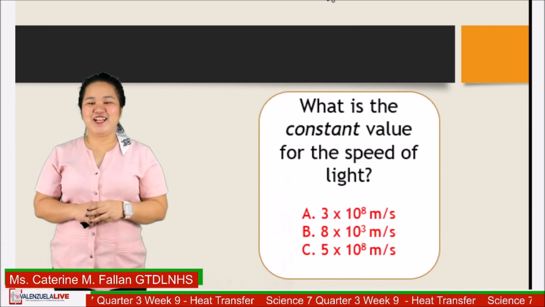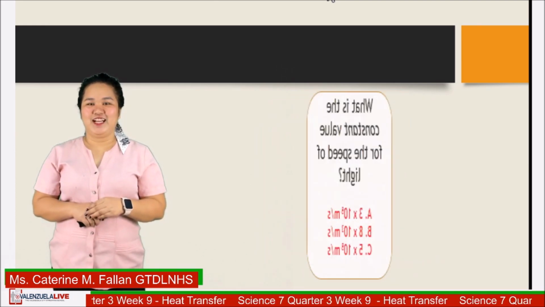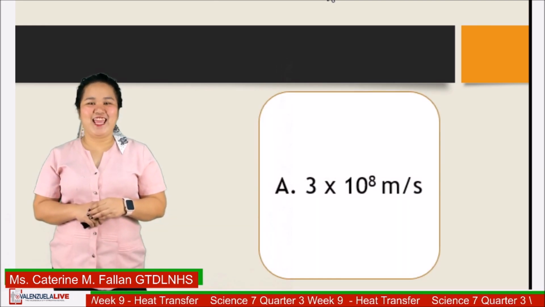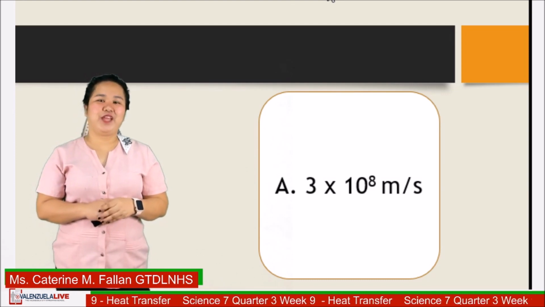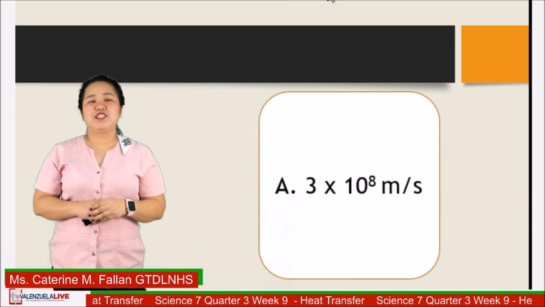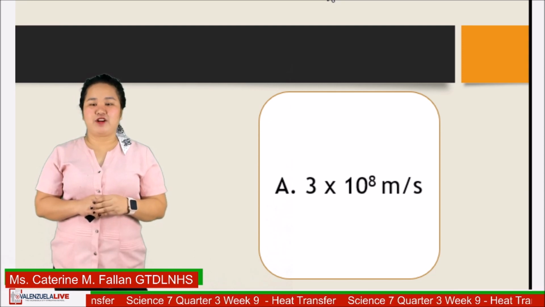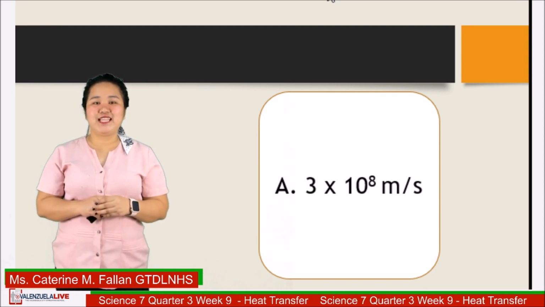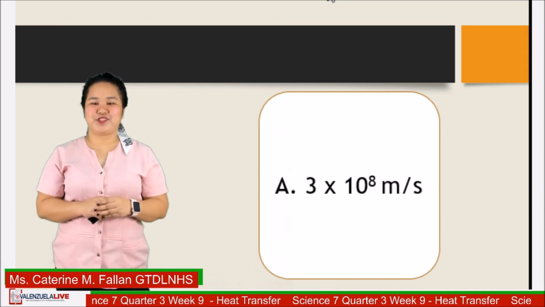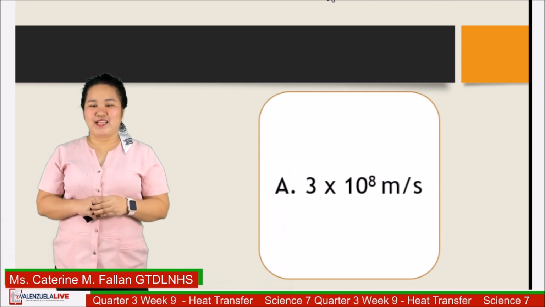And let us now reveal the answer. Letter A, 3 times 10 raised to 8 meters per second. The speed of light has a constant value of 3 times 10 raised to 8 meters per second. And for our last question,